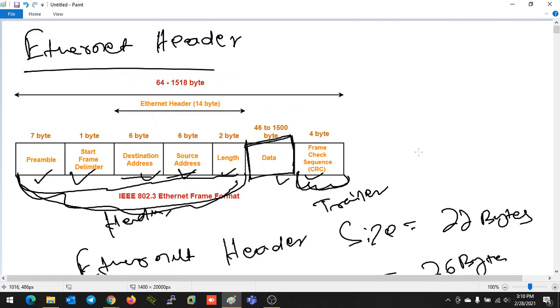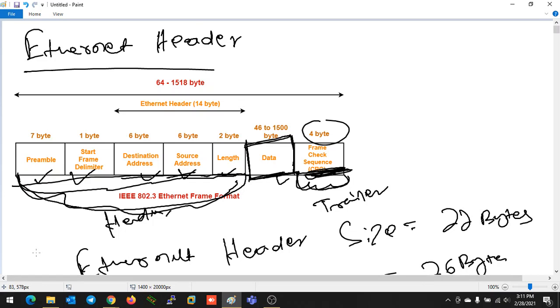How is it? You can see the total header size is 22 bytes from preamble to length. Then this field also has 4 byte of size. So the total size will be 26 byte. But if you are only talking about the header, then the header size will be 22 byte. And the size of data will depend on which kind of data you have generated. After attaching all the TCP headers, IP headers and all the upper layer headers, that will define the size of your data.